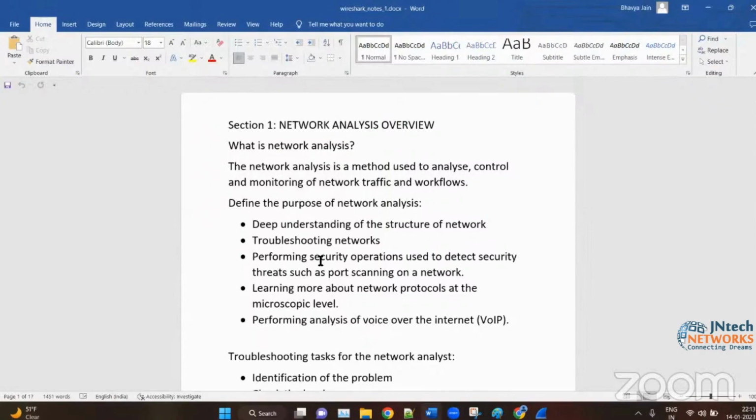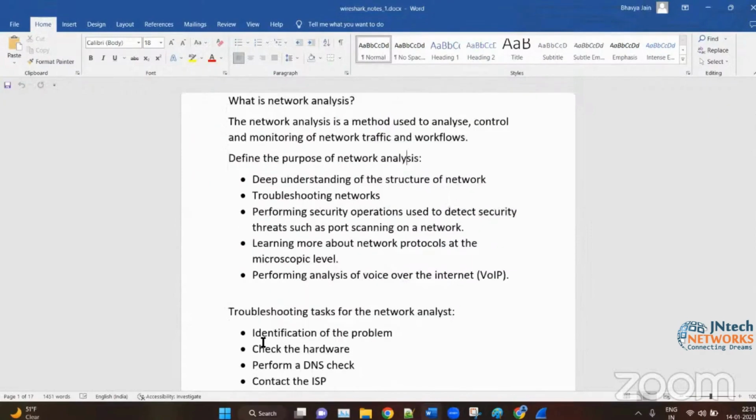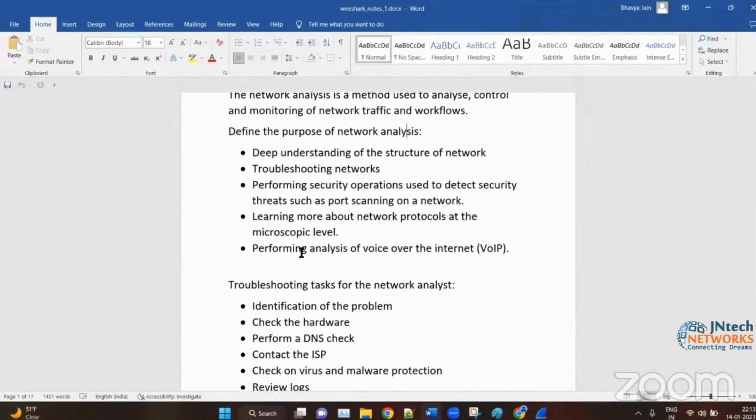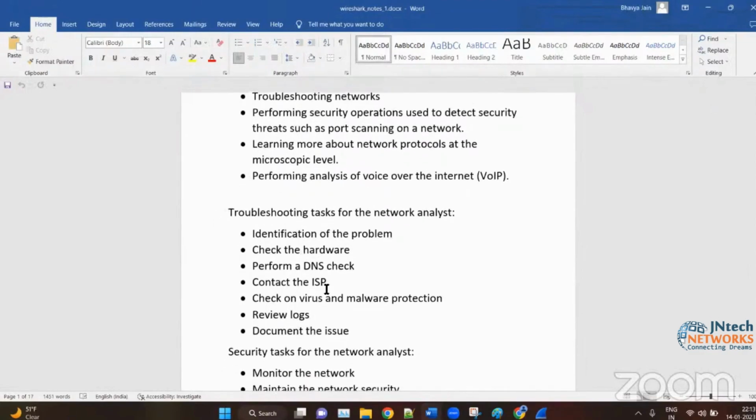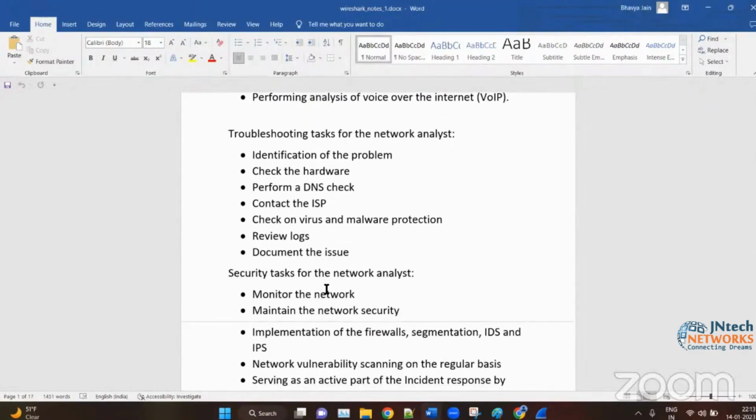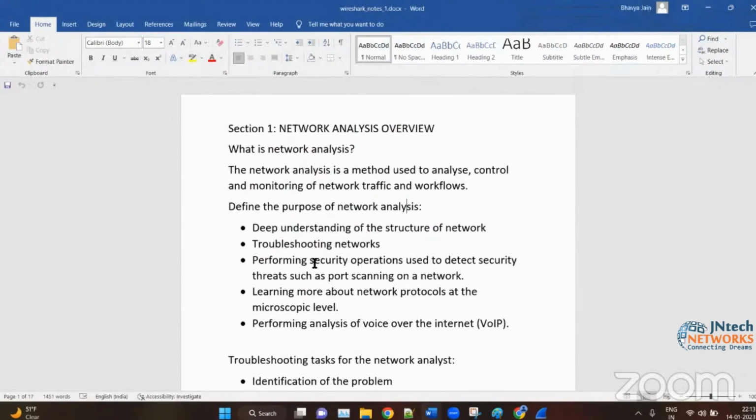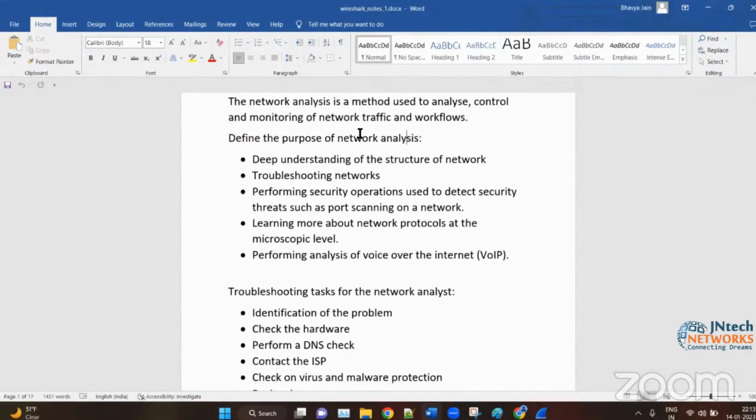We have a network analyst. So what are the roles and responsibilities of the network analyst: what is a security task, what is a troubleshooting task, what is an application task, etc. The main purpose of network analysis is to deeply understand the structure of a network, troubleshoot it, perform the security of